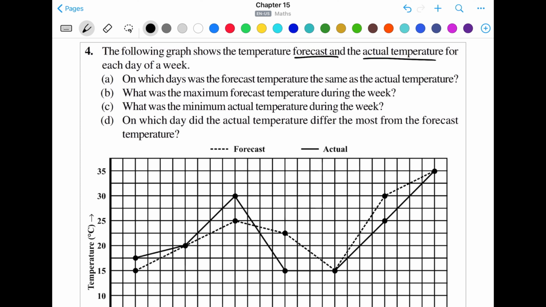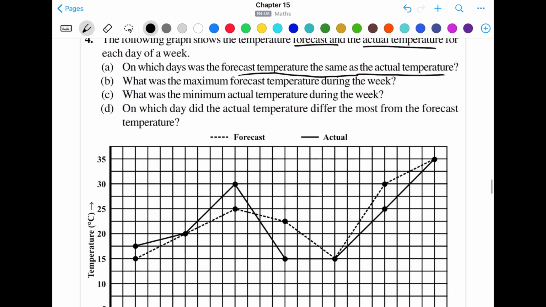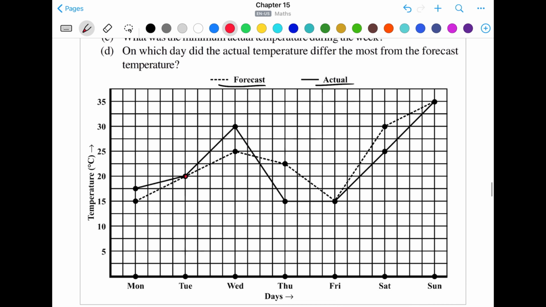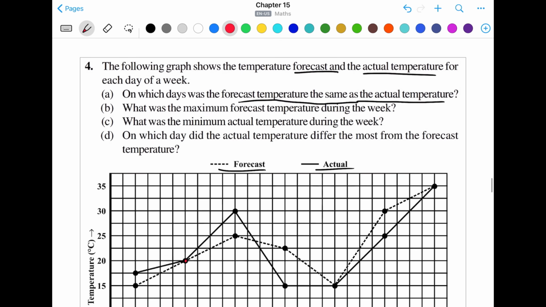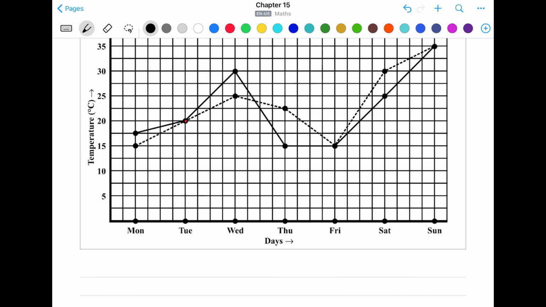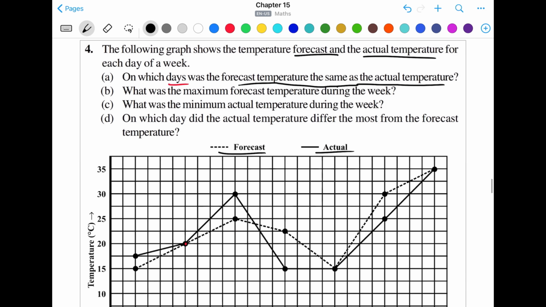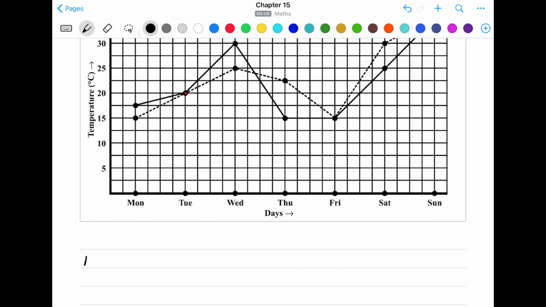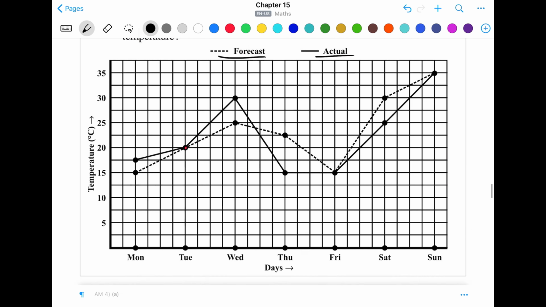First is, on which day was the forecast temperature the same as the actual temperature. That means both dots should be at the same point. The dotted line is showing the forecast and the dark line is showing the actual temperature. You can see at this point both are the same, that is on Tuesday. You are asked on which day. On Tuesday the temperature was exactly the same as predicted. So the answer number 4, part A, it is